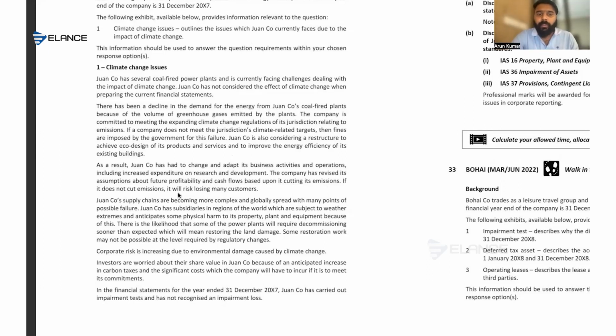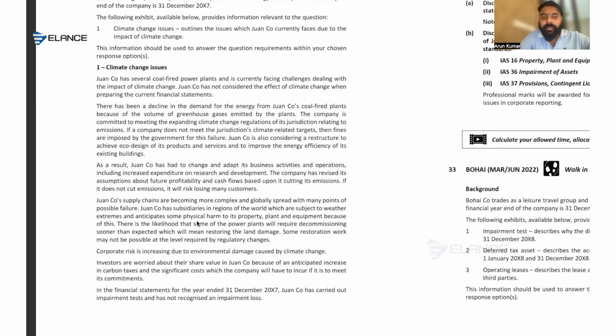Yeah, we can mention going concern, and there is a chance that we lose the revenue. So that's another indicator that the whole company's revenue is going to be lost. So IAS 1 going concern issues are there. Apart from that, impairment will happen because we are not getting the cash flows as we expected, right? So there's a chance for impairment as well. We can mention this point under the impairment part.